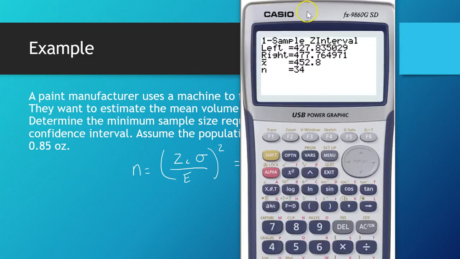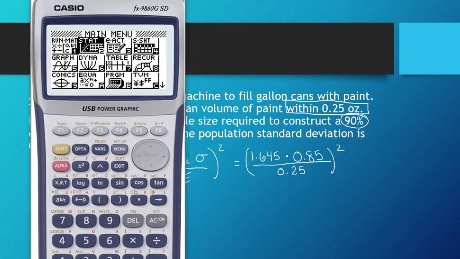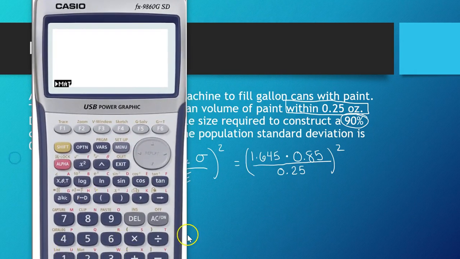So let's grab the calculator. Move this over so you can see. We're going to go menu, and go back to our regular calculator, which is number 1. Let's make sure we have enough parentheses here. I'm going to do parentheses for the whole thing and then parentheses for the top. So 1.645 times 0.85, that's the top of my fraction, divided by 0.25. Close my parentheses because that's the whole thing, and then we're going to square that, and that is equal to